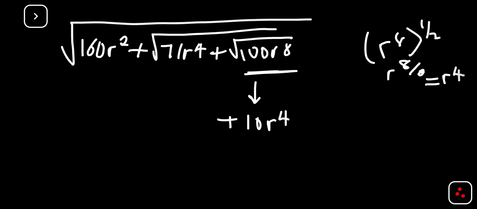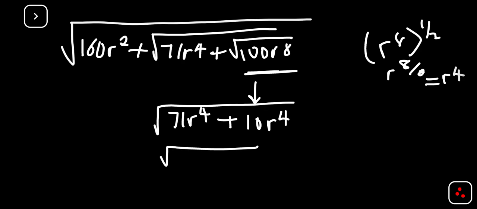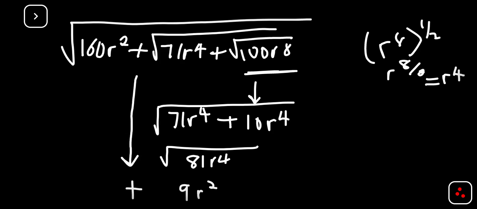Now we can sum this up to 71r to the power of 4. Remember, it's still in square root form. This gives you the square root of 81r to the power of 4, since they're like terms. Now we can find the square root of 81 as 9r squared. But remember that we have to still bring this down. So we have plus,